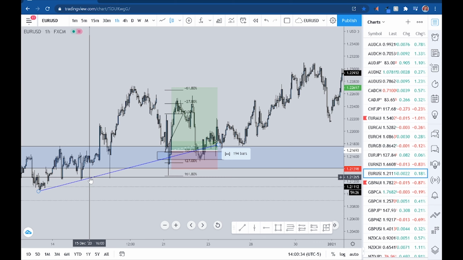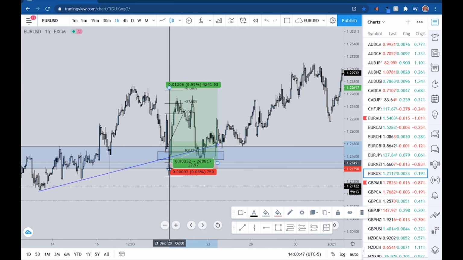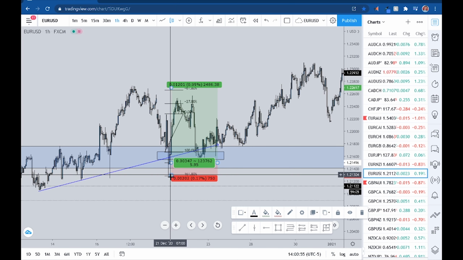But nonetheless, this is the way that we go about using it. This is the way, just looking for entries at those areas. And when we do that as well, our stop losses, we're trying to take, let's say we took it at the 127, gone a bit early because we want to take it on the other side of the zone, talking about liquidity. We would still get just about 22 pips of drawdown